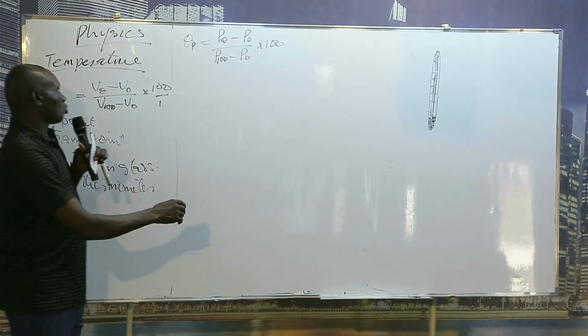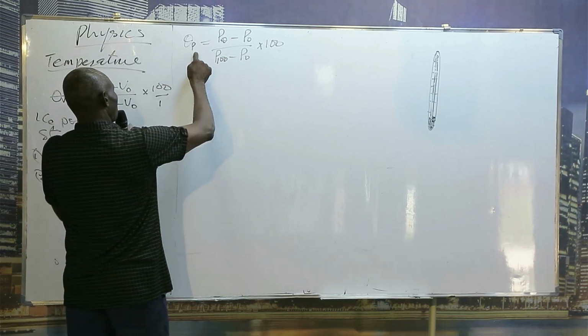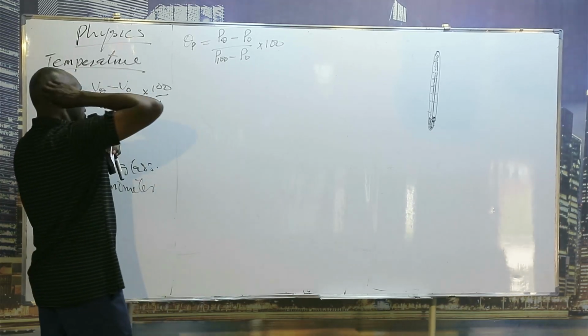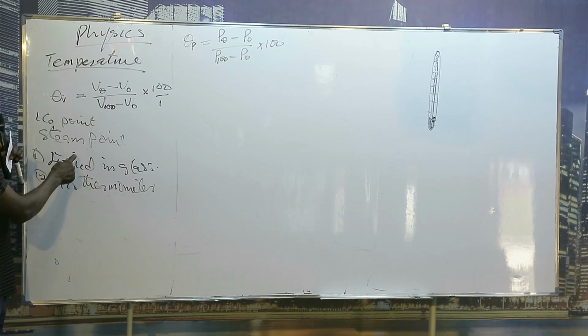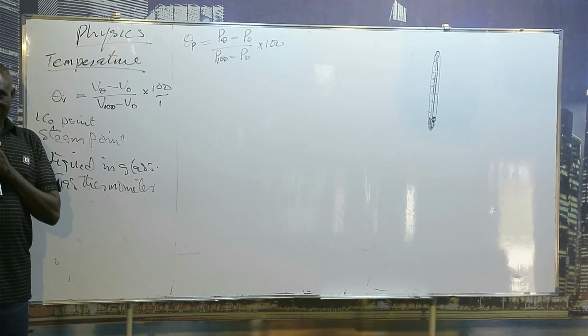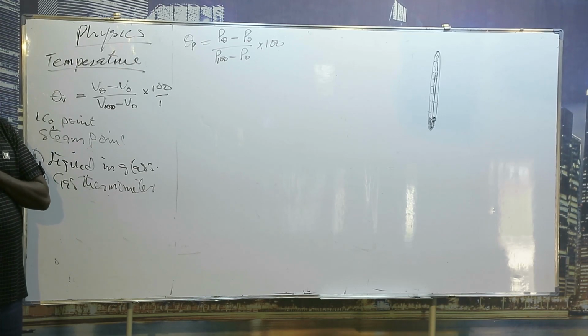So this will remind you that this is pressure. The thermometric property is pressure. The thermometric property of liquid in glass is volume. You must not forget this. You must not forget this information. Okay. Now,